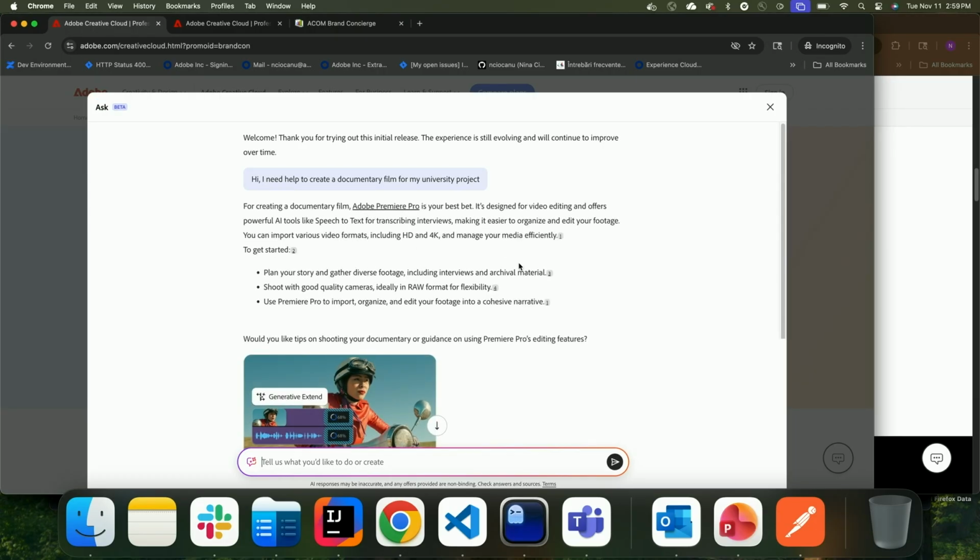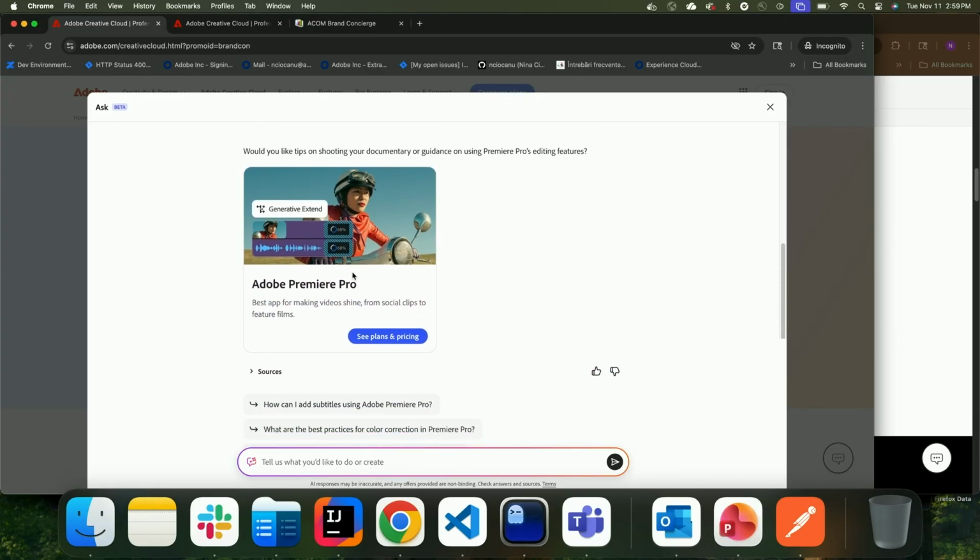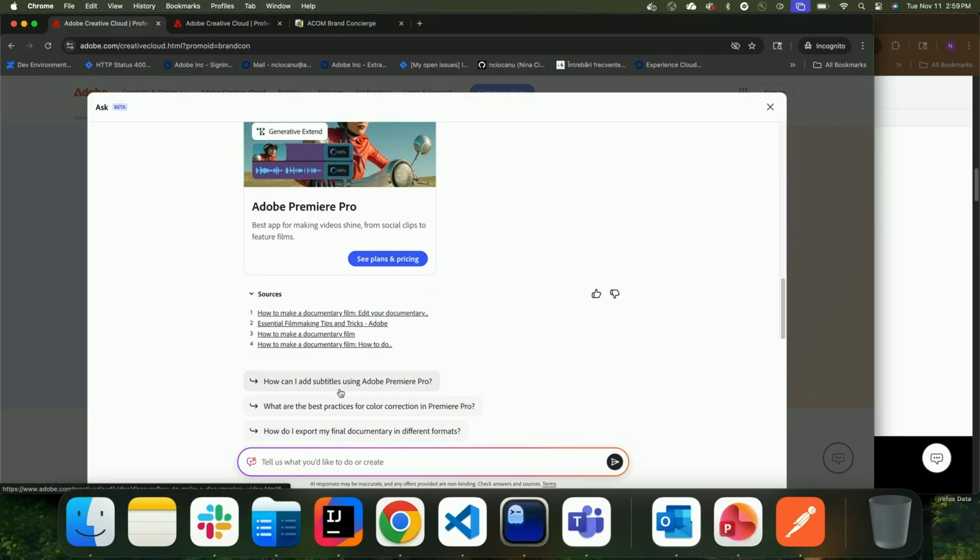So what we can see is an answer rich with adobe.com information. It has links to the products. It has product card with images. It has sources and citations. And also follow-up questions for Marcus in case he needs to learn more about the product or maybe find another product.